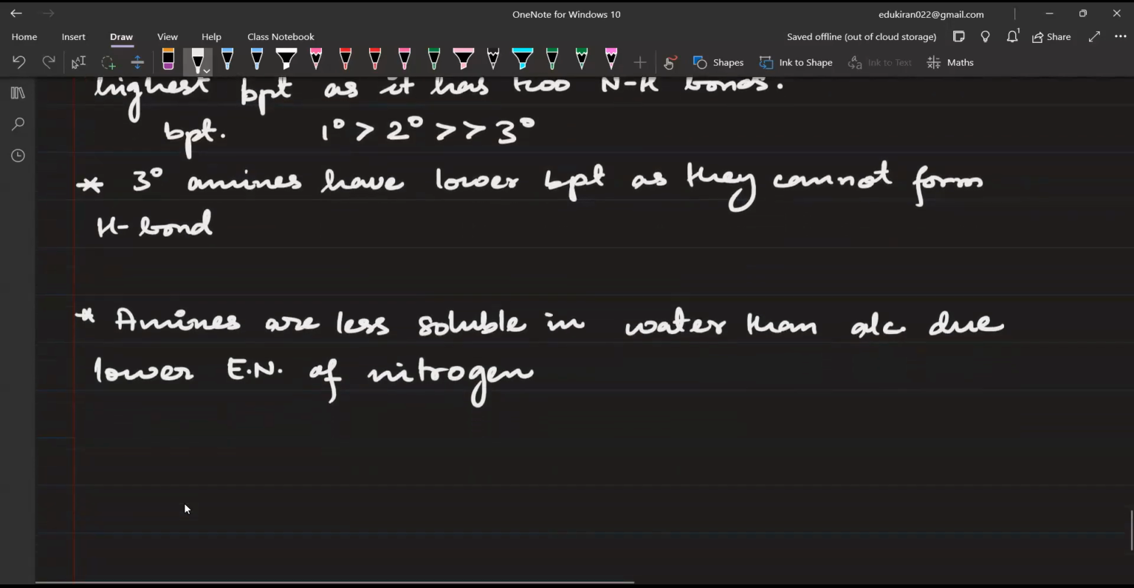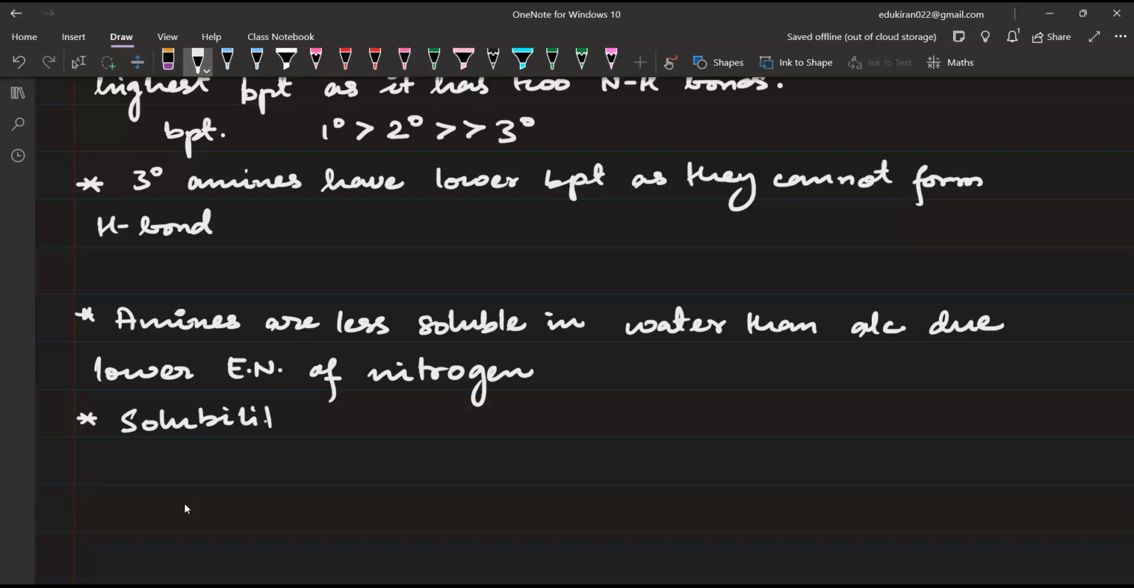Next point is the 3 degree amine is again not soluble in water because it cannot form hydrogen bond. And you can write, or rather you write it like this: amines are less soluble in water than alcohol due to the lower electronegativity of nitrogen. Then you write solubility of amines decreases with increase in carbon atoms,